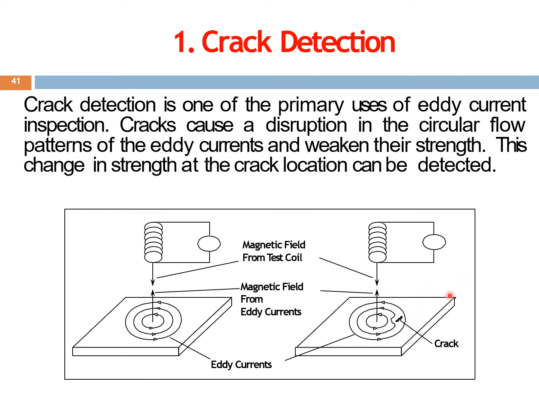Signal detectors can be connected to CRT tubes, and we can find the variation in the signals. So the change in strength of the eddy currents can be measured, and we can find the location of the cracks. This is how a crack is found. If any cracks exist, the eddy current density will vary because the loop is affected. This density variation can be measured. That is how we can find the crack locations.